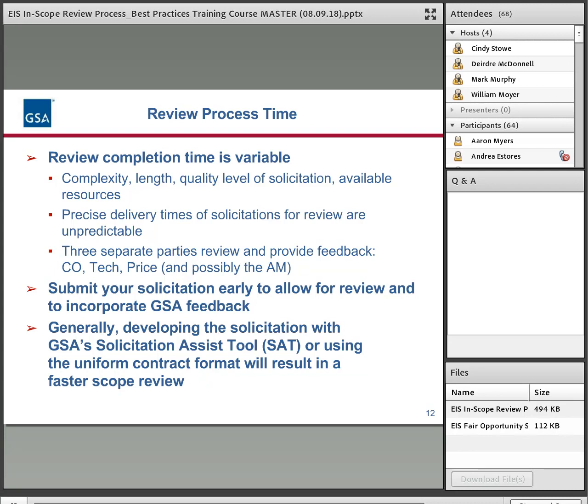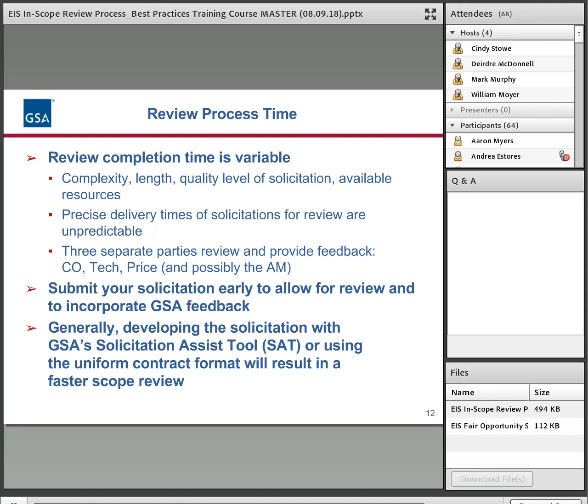We have solicitations that are up to 500 pages, for example. That's going to be different than an 80-page solicitation to review. The quality of the solicitation does matter. If there are a lot of ambiguities, it's just going to take a lot longer to review it.